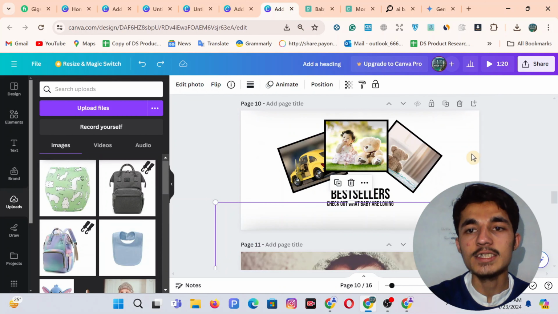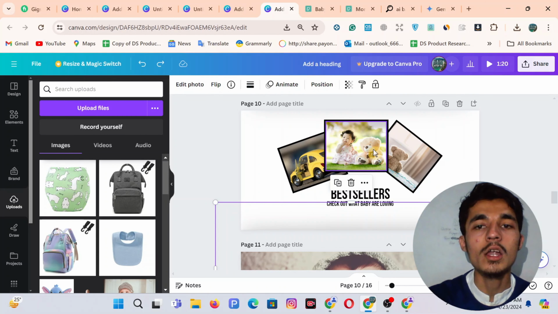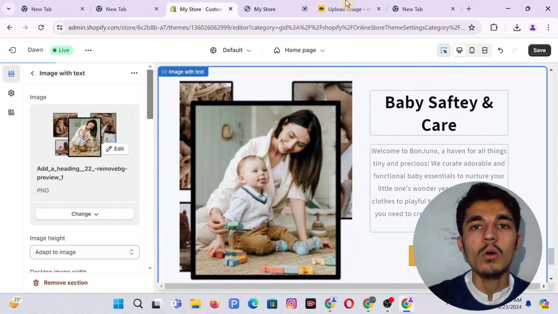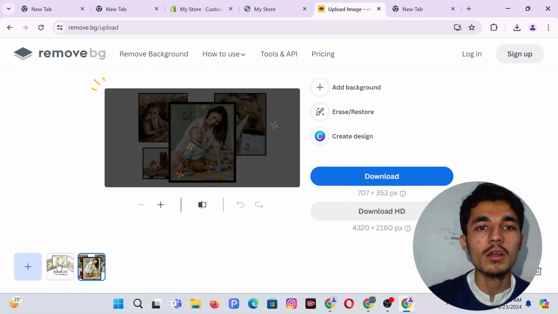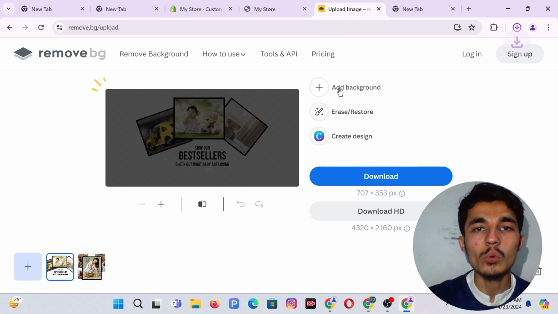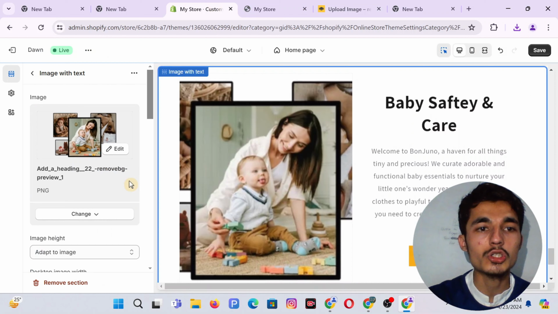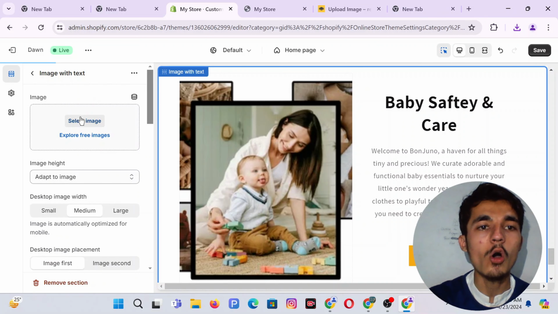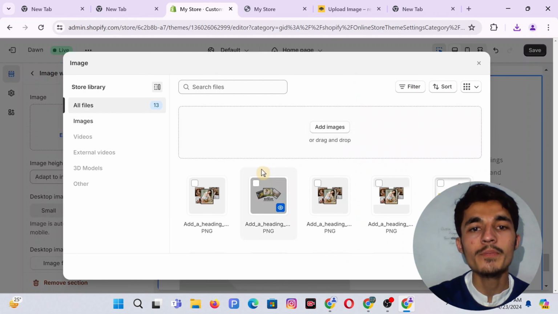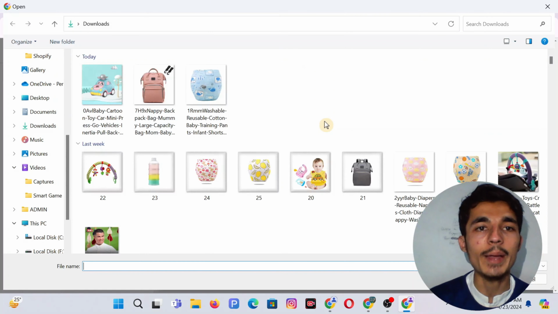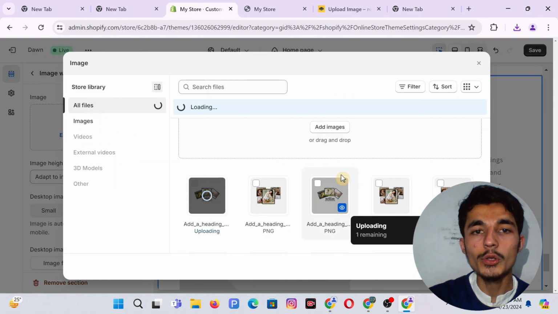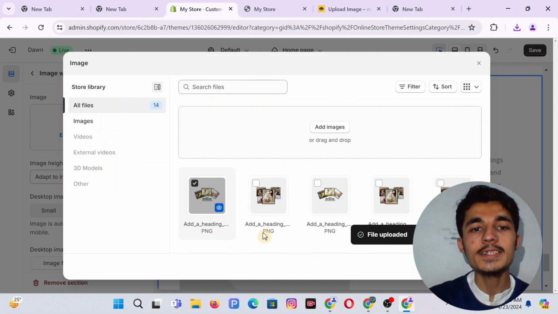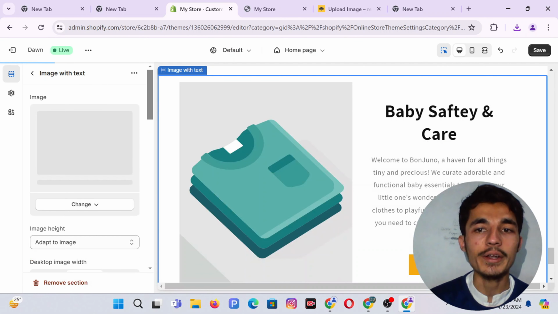So once everything is done, simply you have to again download this picture and then remove the background. And once you remove the background, here you can see you have to download that picture, come to your store, and now let's remove this picture. I have to click on remove option, select the new image, and here I have to add the new image. So double click on your banner, and now this is processing. So once the processing is complete, let's click on done option,